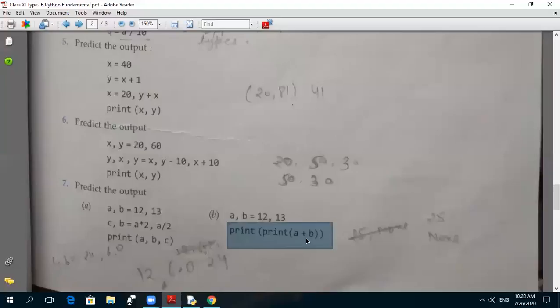So print A plus B. A plus B is 25, because the value of A is 12 and the value of B is 13. 12 plus 13 is 25. 25 will be displayed with the help of the first print statement. But what will be displayed through the second print? Through the second print statement, it will display nothing. The nothing means